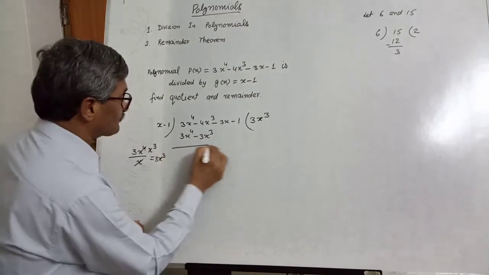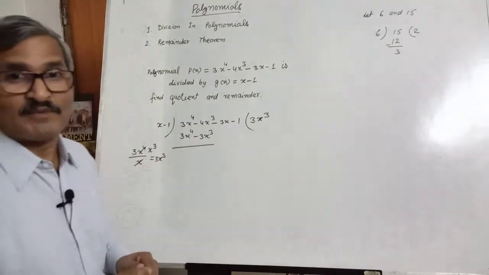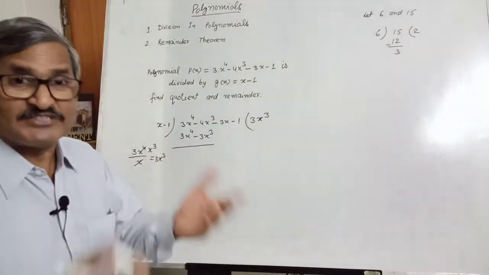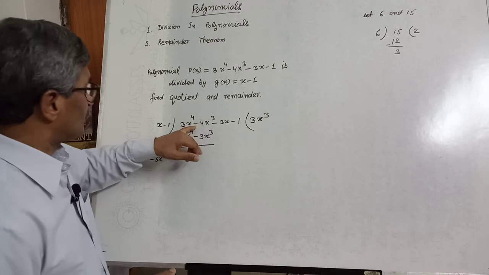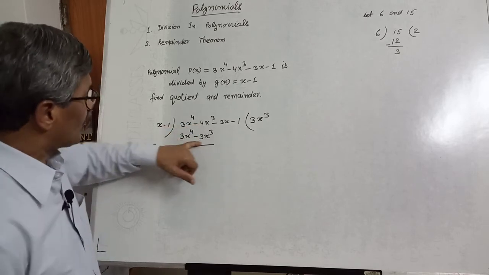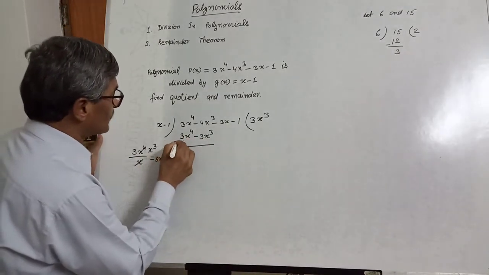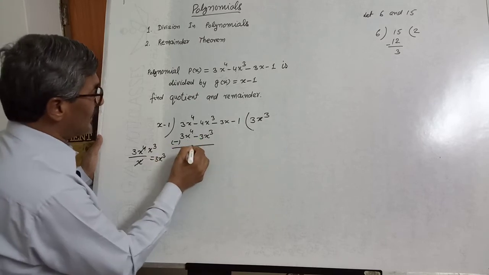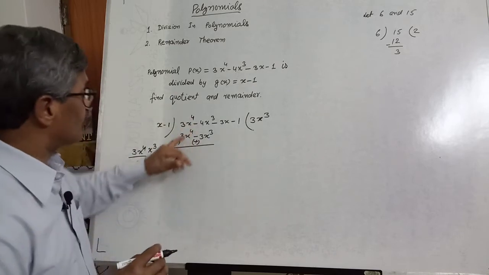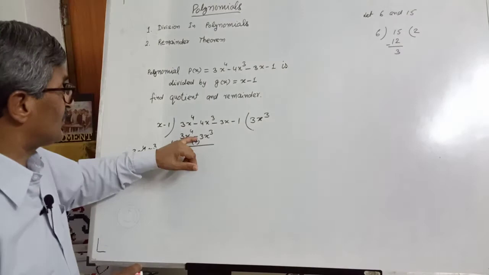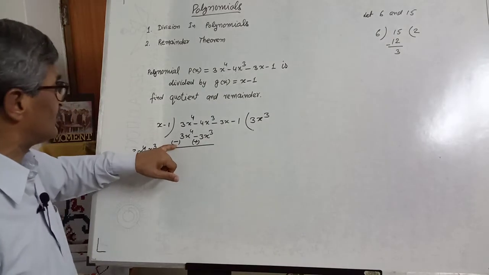Now subtract it. While subtracting, the sign of these two bottom terms will be changed. If it is plus, then this will be minus, and if it is minus, then it becomes plus. Here, below terms' signs we have to change. Here it is plus, now subtract, this will be minus. Here it is minus, subtract it, this will become plus. Change the sign of these terms, not these terms. If there is no sign, it means plus, and it will be changed to minus.